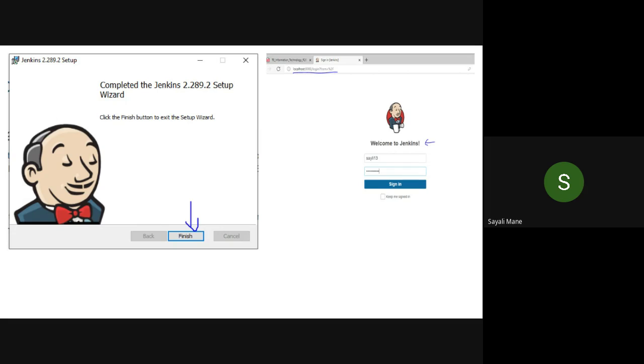So fill that in. Suggested plugin. Yeah, click on the suggested plugin. It will take some time now because they will install all the plugins. Yeah, okay.